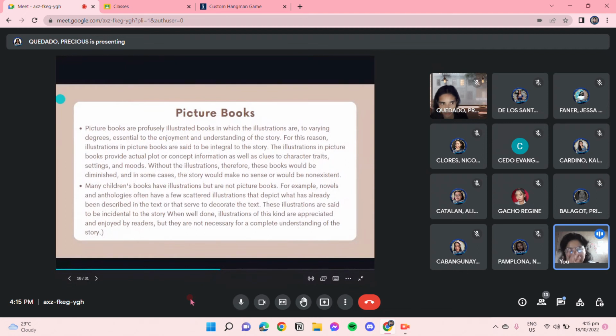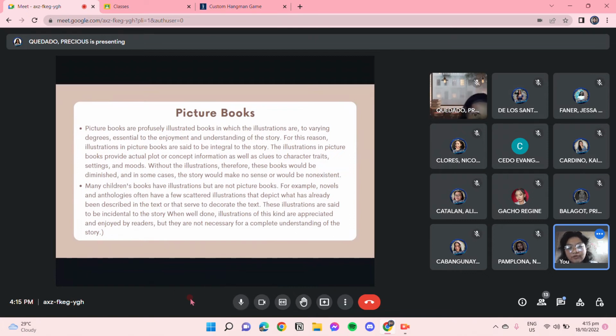Okay. This is the last one, which is picture books. As I've said earlier, picture books are illustrated books in which illustrations are, to varying degrees, essential to the enjoyment and understanding of the story, making it comprehensible and easily understandable. For this reason, illustrations in picture books are said to be integral to the story. The illustrations in picture books provide actual plot or concept information as well as clues to the character traits,